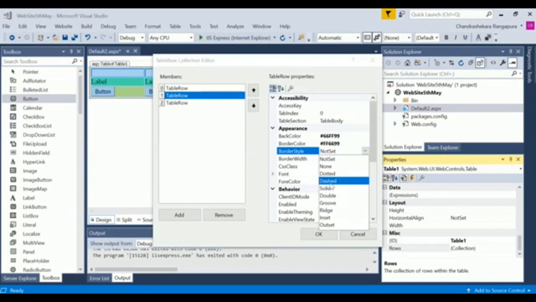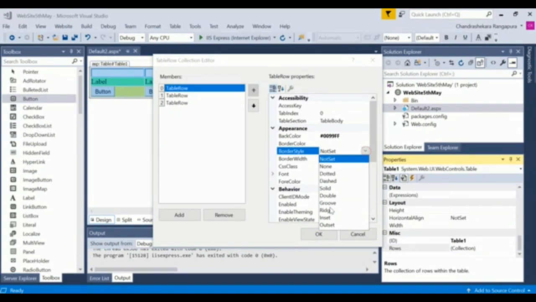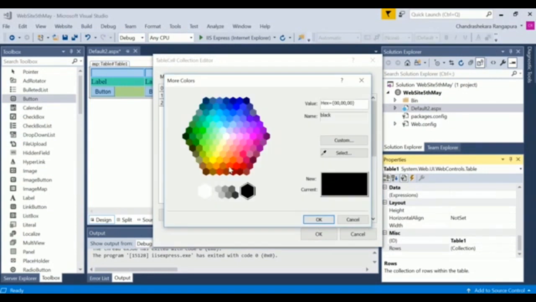So cells you will get from table rows. Whenever you select the table rows property from the property window of the table, then in that you will get the table cells. Like that, I am setting some color combination, border style and all.